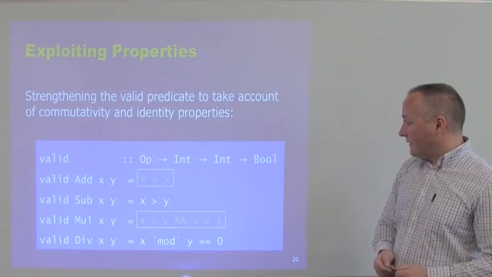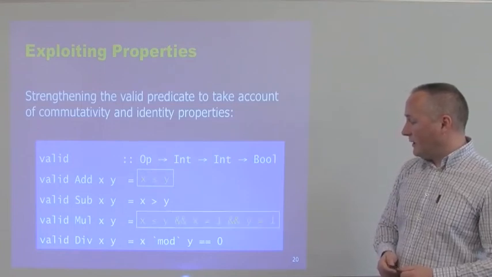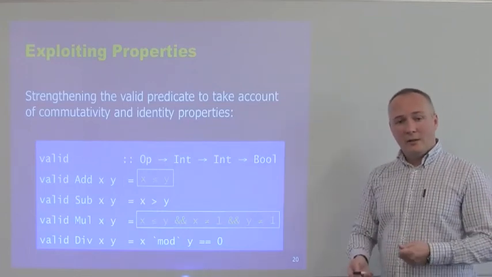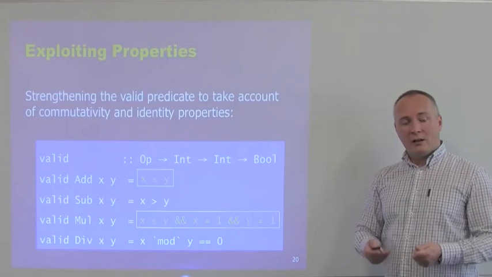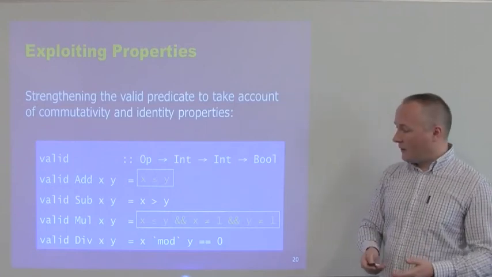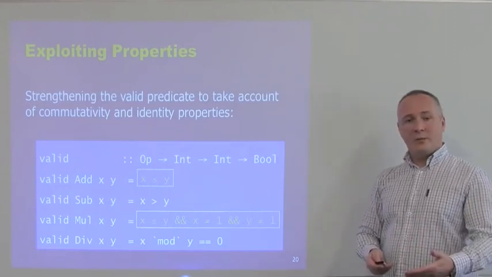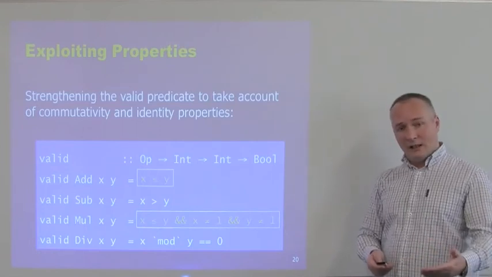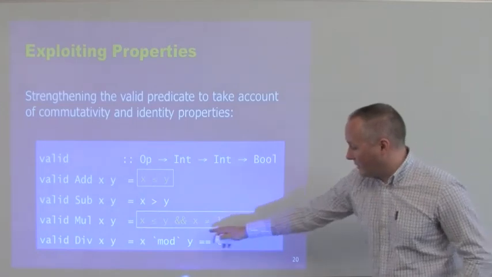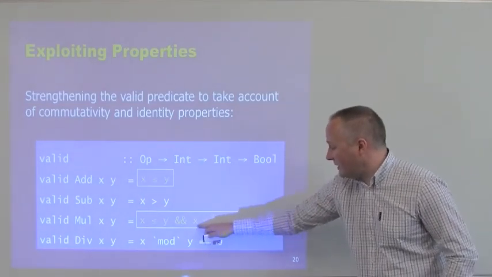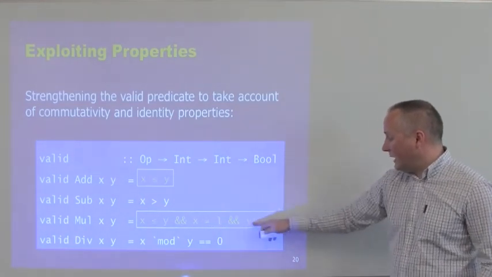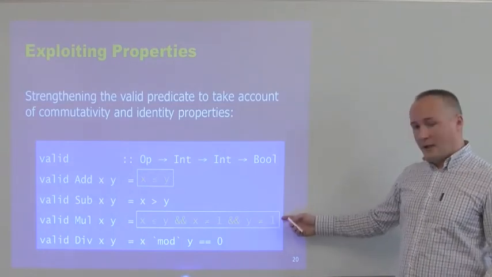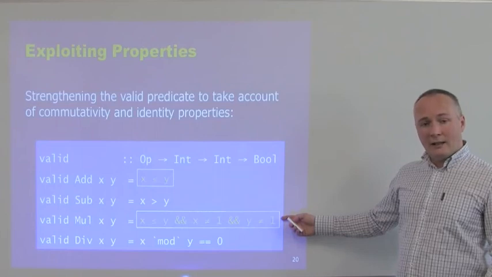We can also do something else with multiplication. We could put on 2 further side conditions that say that multiplication is only valid if both of the arguments are not 1. Because if you try and do 3 times 1, there's no point in doing that because you'll just get the same result as 3. Similarly, if you do 1 times 3, you just get 3. So we'll put 2 extra conditions on here to say that the first argument had better not be 1 and the second argument had better not be 1 as well. So this is taking account of, in a really simple way, the fact that 1 is the